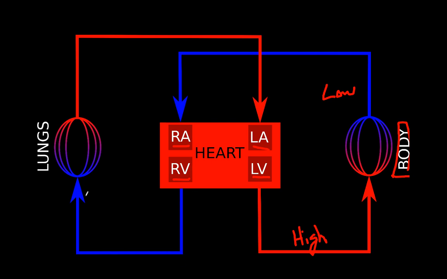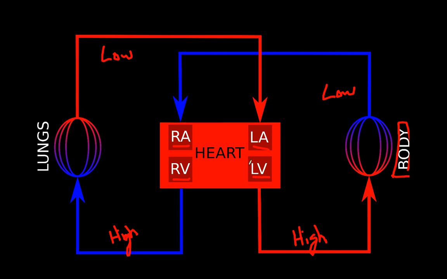This is going to be, again, at high pressure. So this is high pressure, low oxygenated blood going to the lungs, where it's again going to go through a capillary bed and pick up oxygen. So it picks up oxygen through this capillary bed, and now we have oxygenated blood, but it's again at low pressure. So it's going to return to the heart through the left atrium and then go out again to the